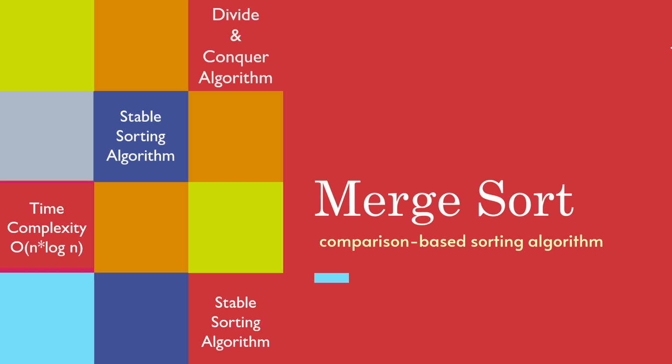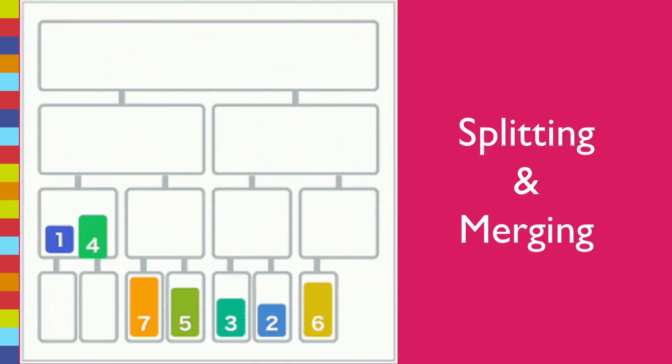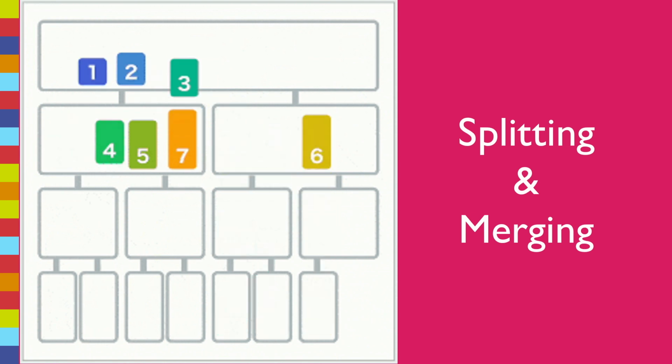In this video, we will learn about merge sort. Merge sort algorithm is an example of a divide and conquer approach to problem solving. A divide and conquer algorithm works by breaking down a problem into smaller and smaller parts until these become simple enough to solve directly. The algorithm repeatedly splits the array into subarrays until each subarray only contains a single item,